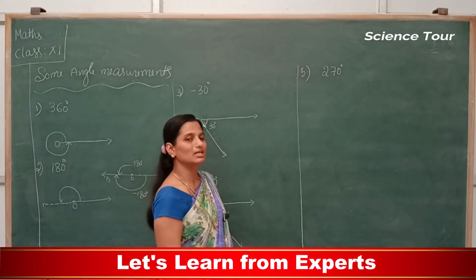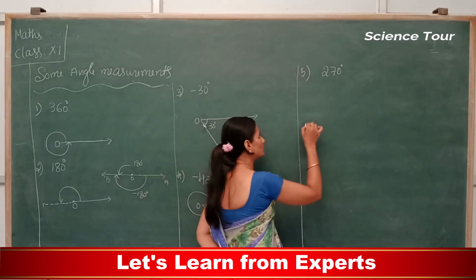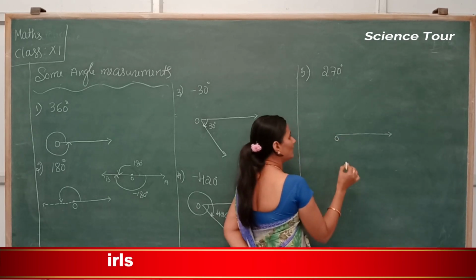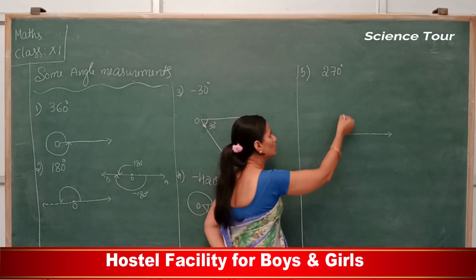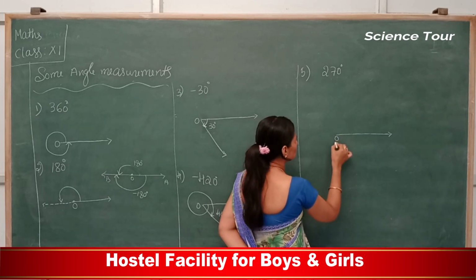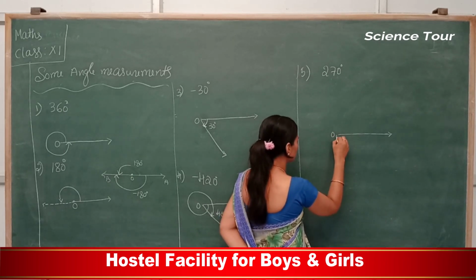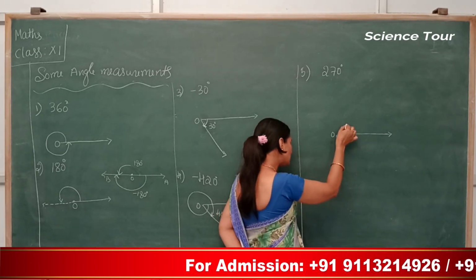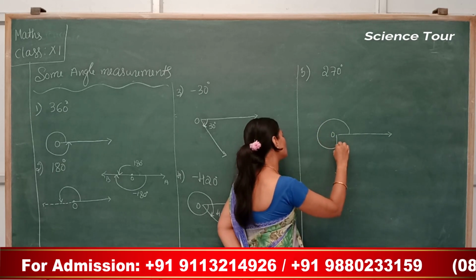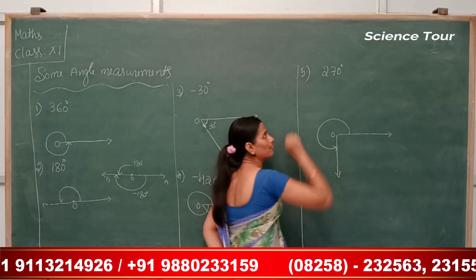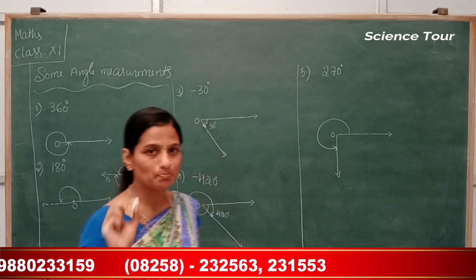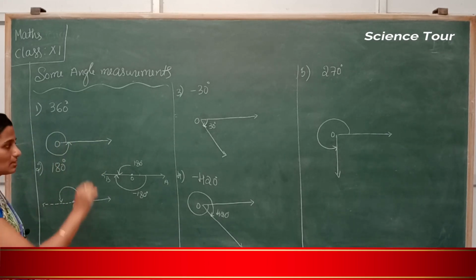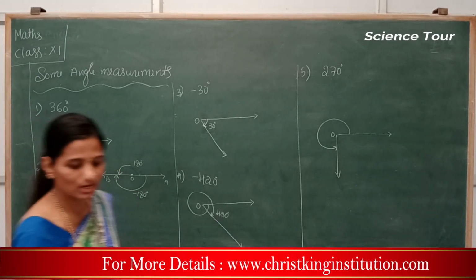Now 270 degree. How to mark 270 degree? In your protractor you know how to mark, right? So here is the initial ray, that is O, and next you keep your protractor and measure 270 degree. Where does 270 degree come? It comes here. Correct, no? This is your 270 degree. Now how to mark this? This is the anti-clockwise direction. Why is it anti-clockwise? This is 270 degree, that is plus 270 degree. So write this down in your notes. Okay. So here direction is important and the arrow mark is very important.